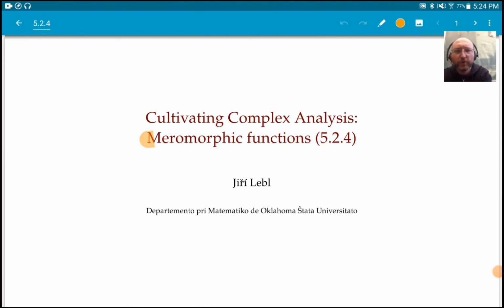Today we'll look at meromorphic functions, what meromorphic functions are. This is section 5.2.4 in the book. So,